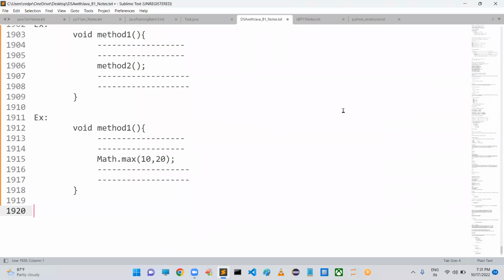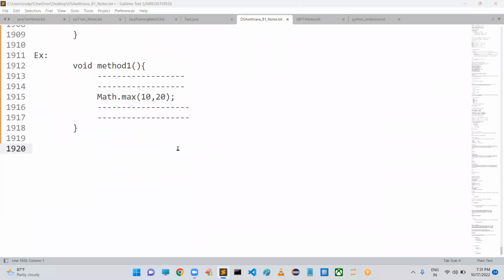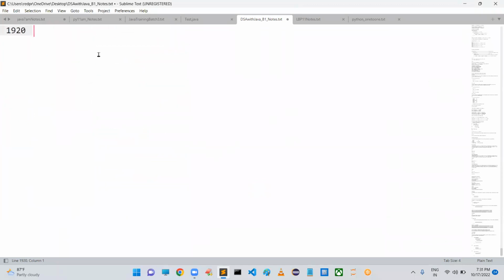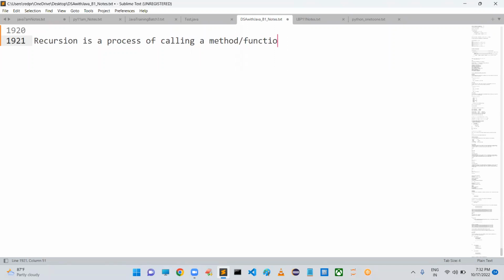Sir, now I want to define recursion. Sir, what is meant by recursion? Very simple. Recursion is a process of calling a method or a function by itself.